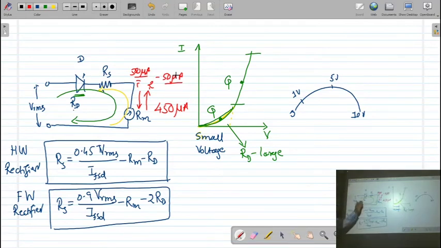The second difficulty is that when the diode is in reverse bias, the current is going to flow in the opposite direction. So the resultant current will be a subtraction of these, and as a result you cannot measure the exact value of the voltage. So we have to modify the circuit. What is the modified circuit? Let us see.